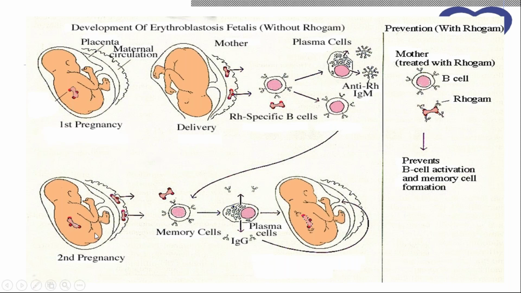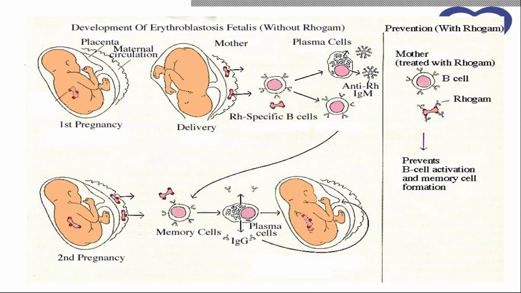These IgG antibodies are much smaller in size. The volume in which they are produced in the second event is quite large. They will cross the placenta and attach on the RBCs of the fetus, and they will start destroying the RBCs of the fetus, and that is why the fetus will gradually develop anemia. When the fetus is inside the mother's womb, the only manifestation is anemia, whether mild, then moderate, then severe, and then it goes to hydrops when the heart starts failing and fluid starts accumulating in various cavities.